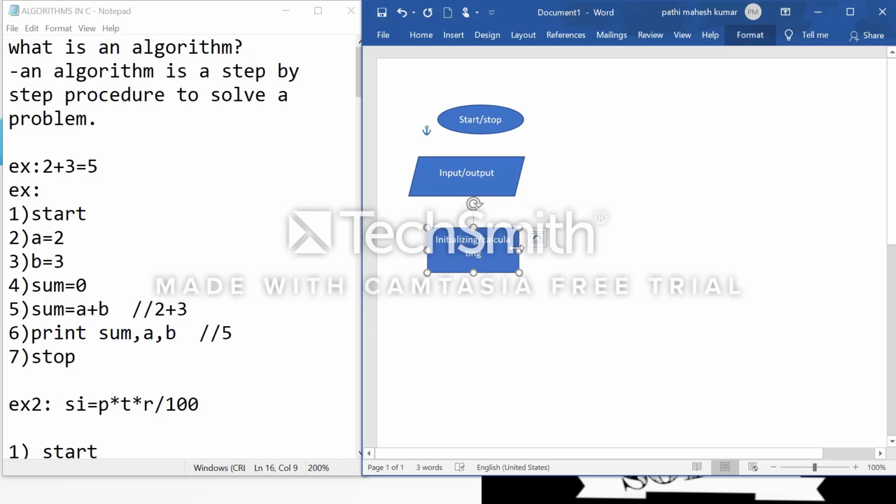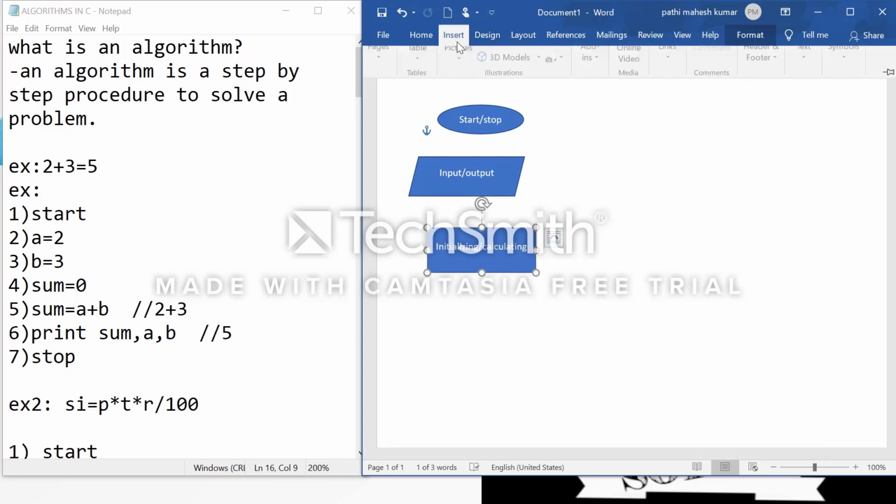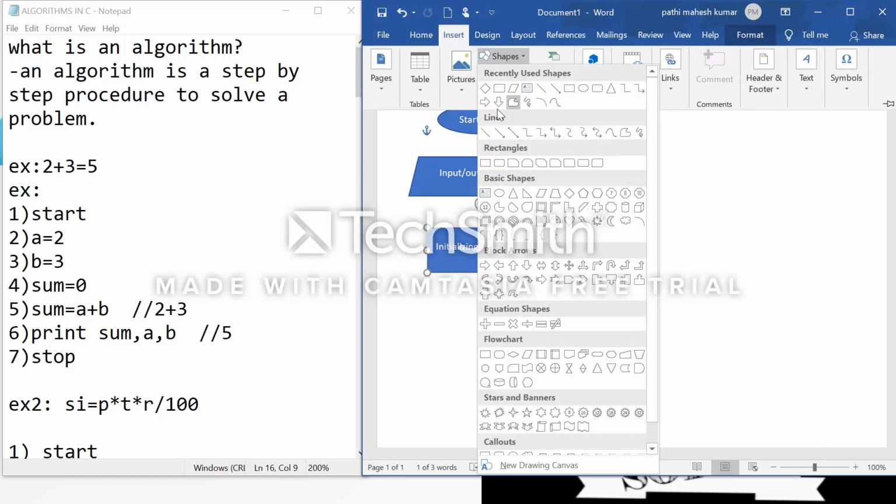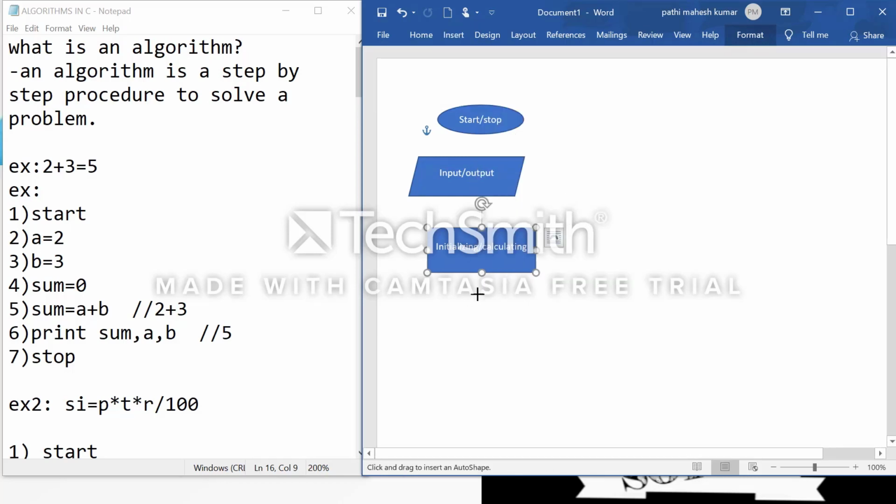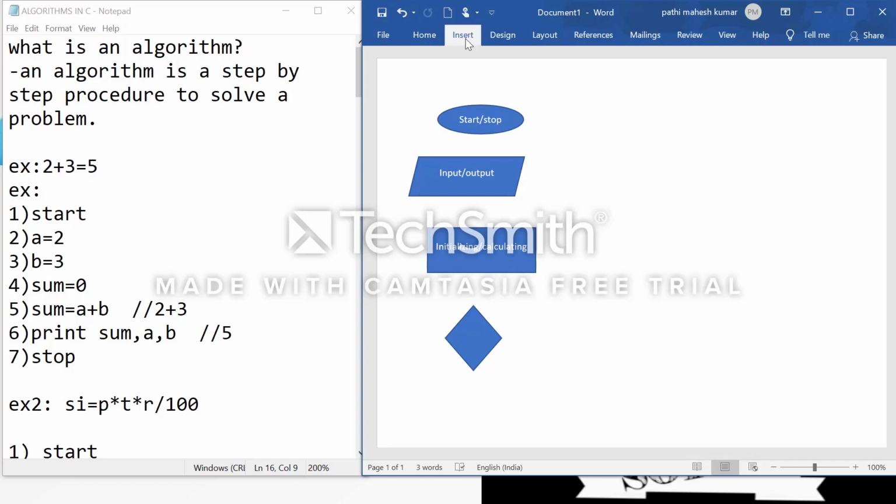And the rhombus is used to indicate some conditions. Means if you want to write some conditions, we use this symbol. Okay, like if a greater than b or a less than b, conditions like that.